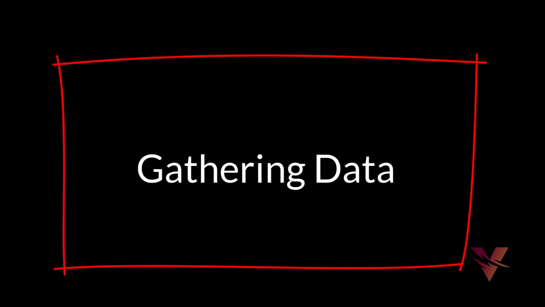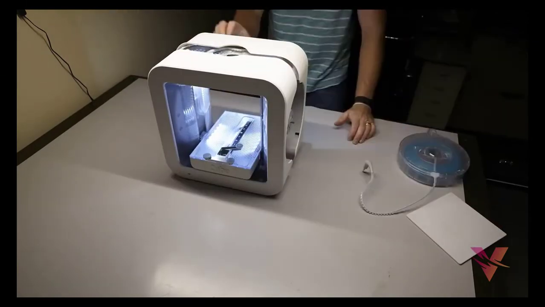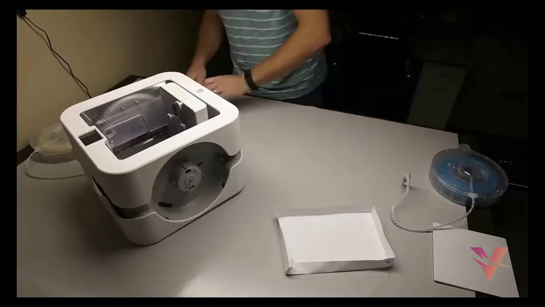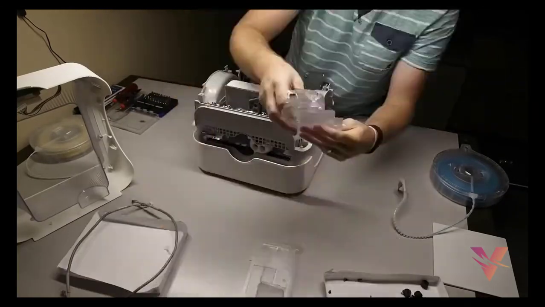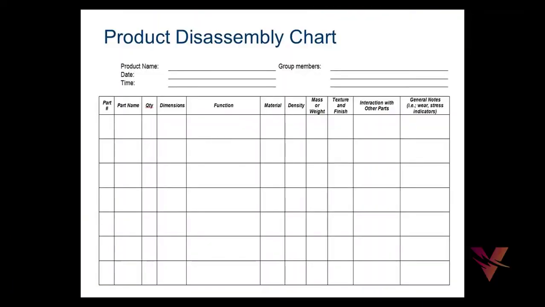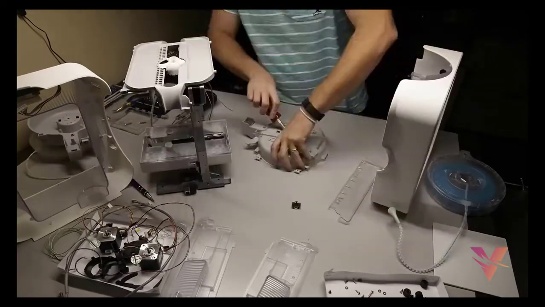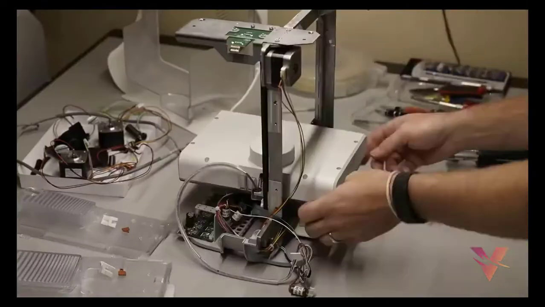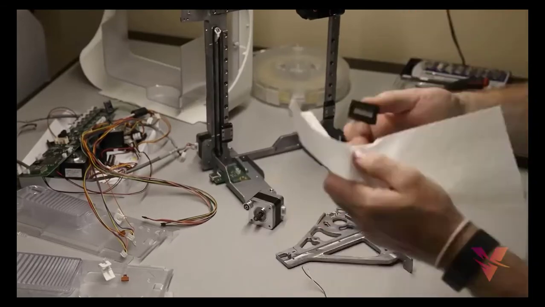Next thing is gathering data. Carefully disassemble the product, measure the parts and record the information. Using a product teardown chart shown in the next slide, determine the material properties. So this is the product teardown chart. So you need to go on recording what are the components used, that is, what are the components that went into manufacturing the final end user product.